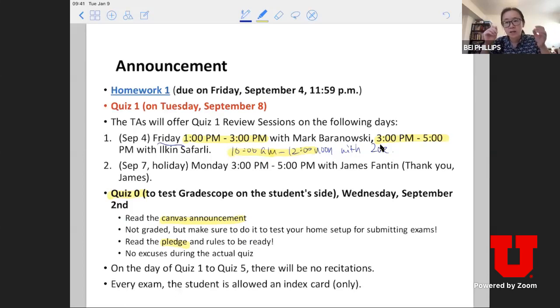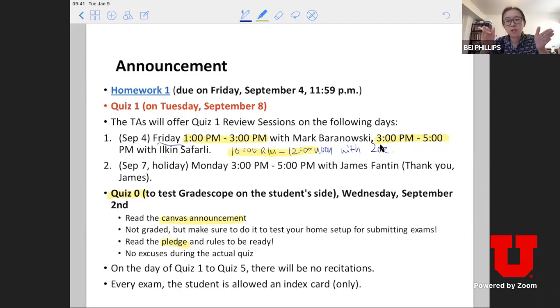But keep in mind, the submission is going to close at 4. For example, if you start at 2, you need to submit your quiz at 3. If you start at 3, you need to submit at 4. So the latest you can start the quiz is exactly 3 o'clock. Otherwise, you will not get the full hour. Again, there's a 15-minute buffer. So essentially, you have roughly 75 minutes, but the last 15 minutes is reserved to help you submit. So don't wait until the end of the 75 minutes to submit, because then the server will close.